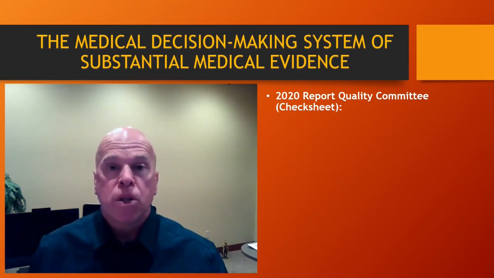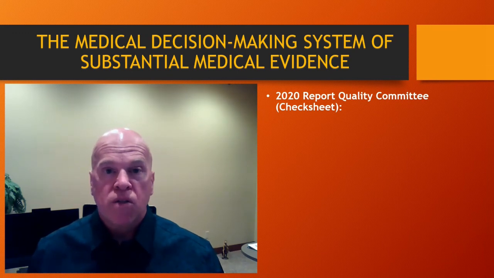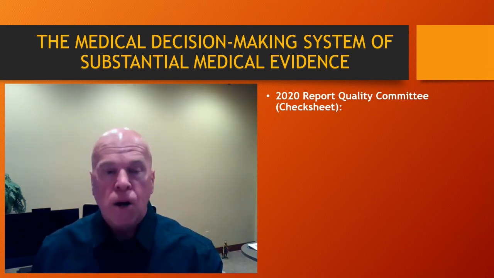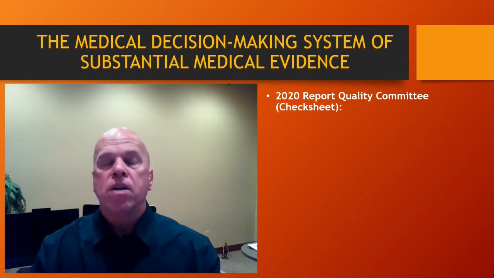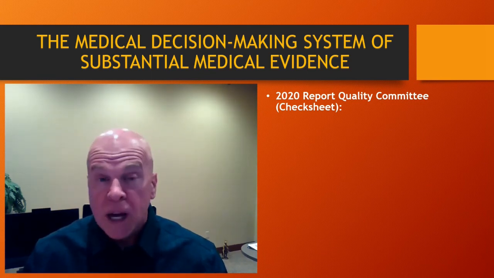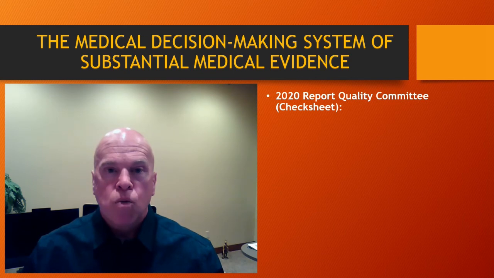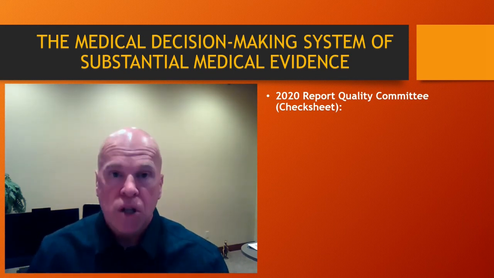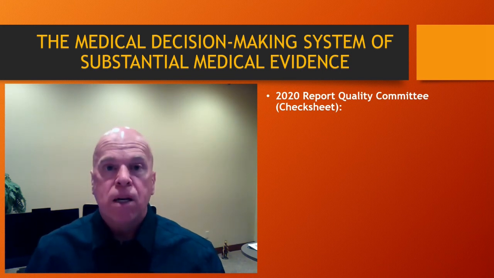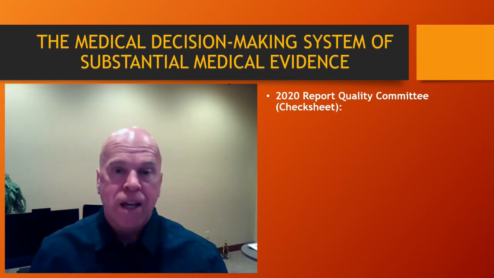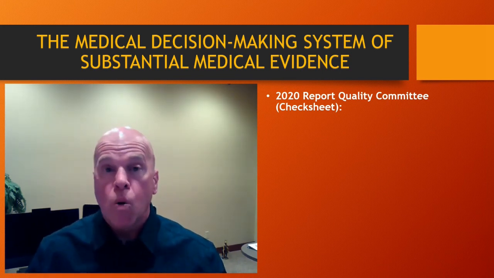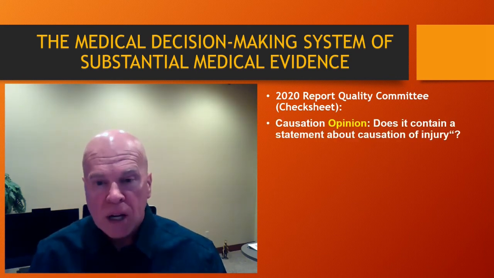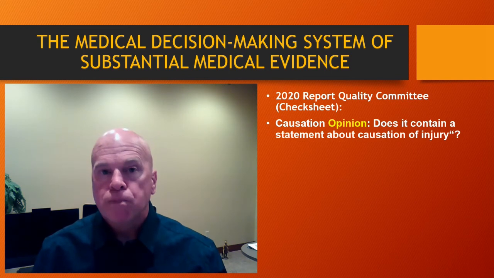Your reports, when the Division of Workers' Compensation receives a copy of your report, they pull out the check sheet and they compare your report to the components that are included on the check sheet, and they assign your report a quality score based on how closely it matches, or how many of the components your report contains from the report quality check sheet. So we won't go over the entirety of the check sheet, but I can tell you